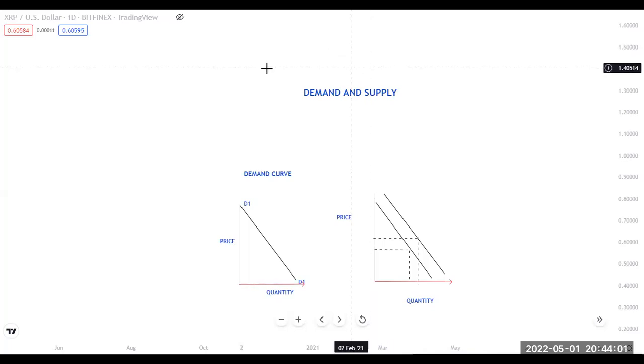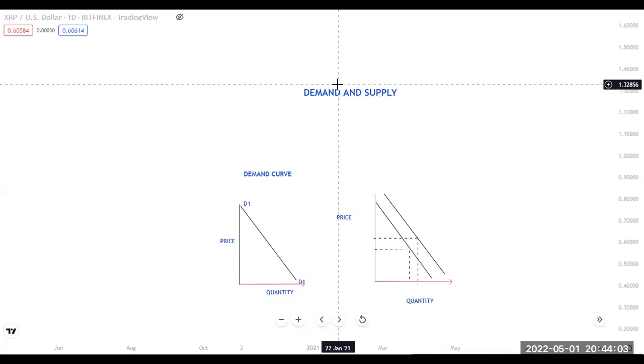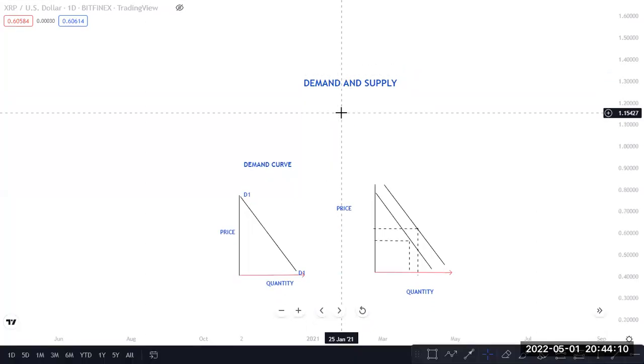So demand indicates buyers in the market. It's noisy here, okay? So demand indicates buyers in the market. So when you study demand, you want to study the buyers in the market, the consumers. In the economic or business concept, we're looking for consumers or the buyers. But in supply, we're looking for the suppliers or the producers or the sellers, the providers of the service, okay?